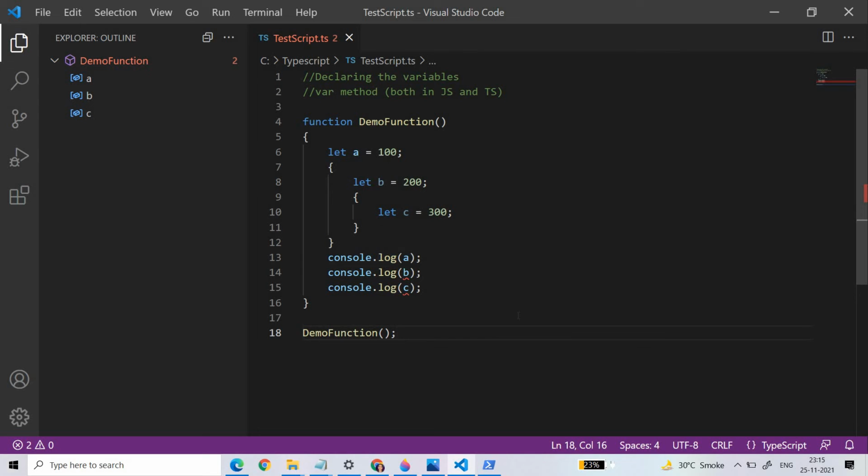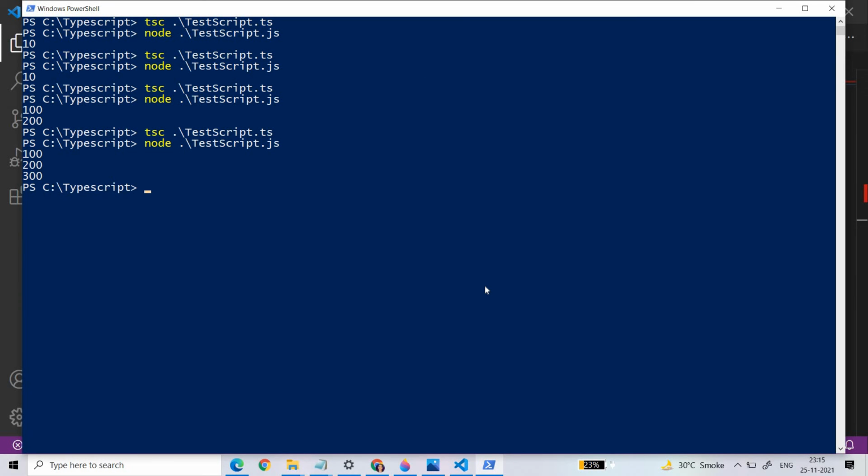But what will happen? Okay, let us first compile it. This is the very important concept that I'm going to show you. That is why you need to see it very carefully, because this is something which is asked many times in your examinations and in your aptitude tests, and sometimes in your interviews as well. Okay, so let me just first compile it. So if I compile it,